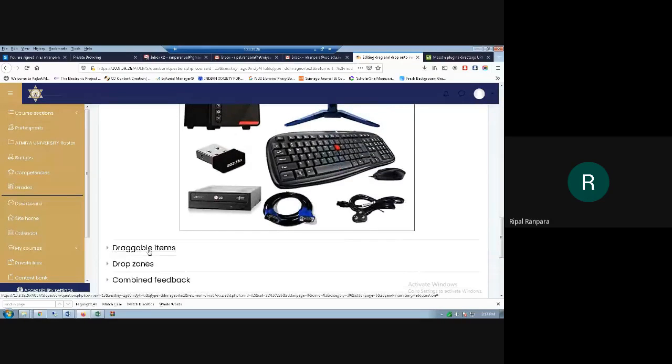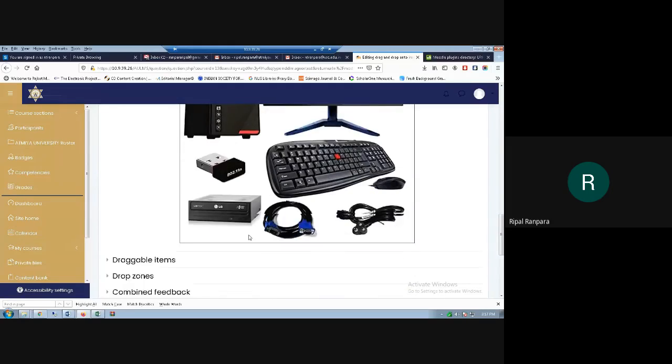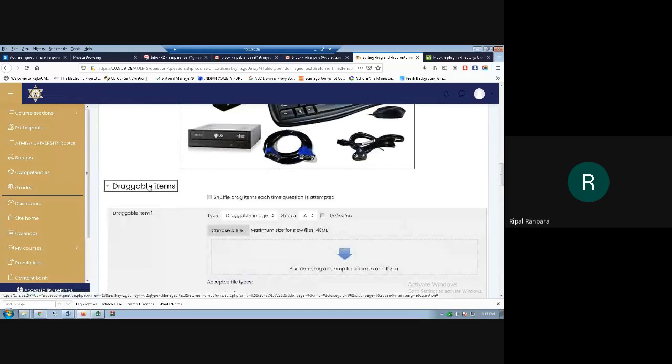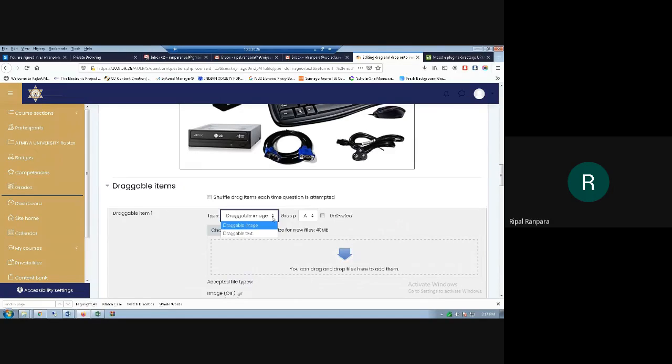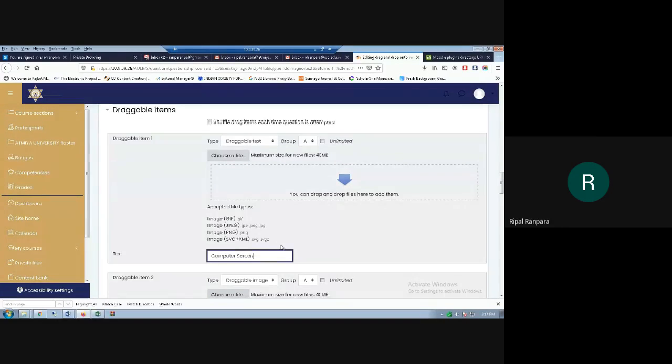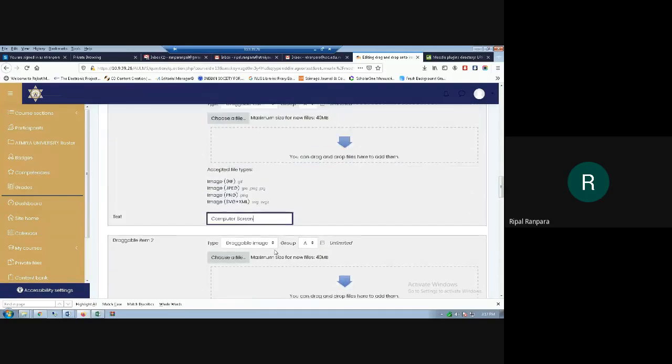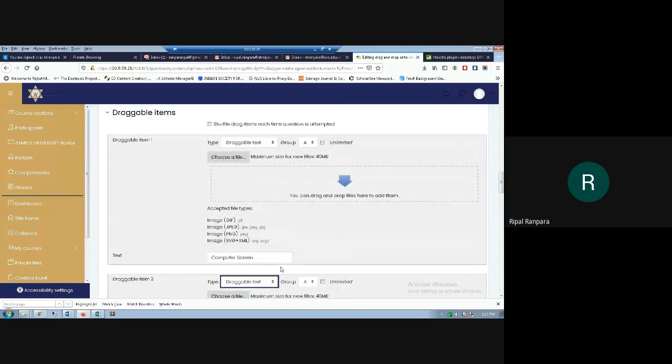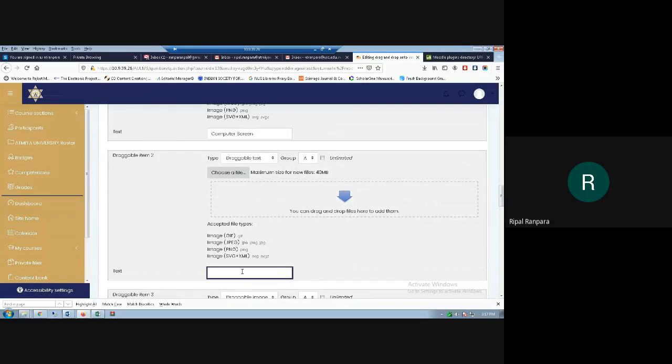After the image uploading, what I need to do is add draggable items. From here I'm selecting draggable text. Let me write desktop screen, like computer screen. This is my first text. The second item is, let us say, draggable text CPU.